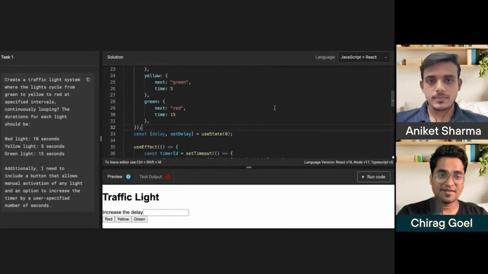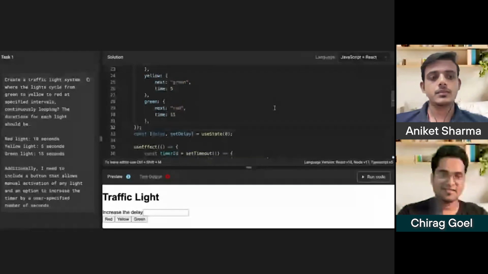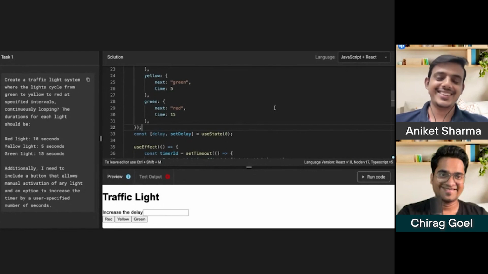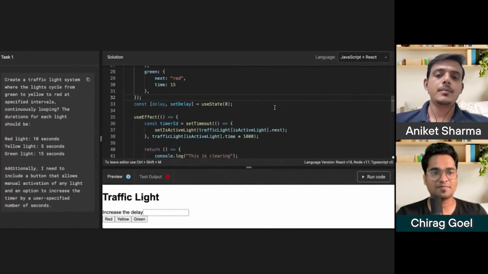And the second important thing to note, the timer that you are increasing by 10 seconds is only for that occurrence. I'm not saying that the default configuration I have in the system, I'm going to hamper everything. No, I'm not going to change the overall timing of how the green light and those timers basically work.